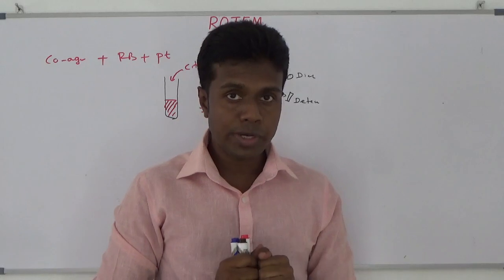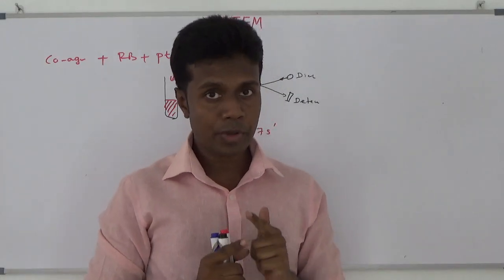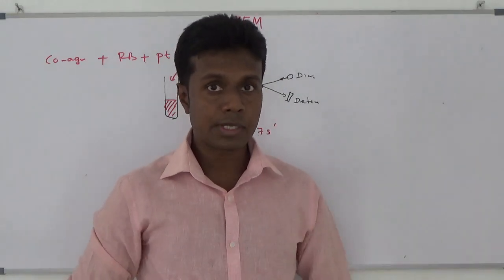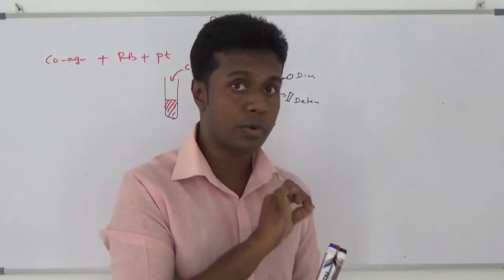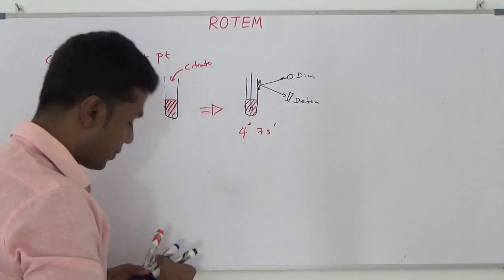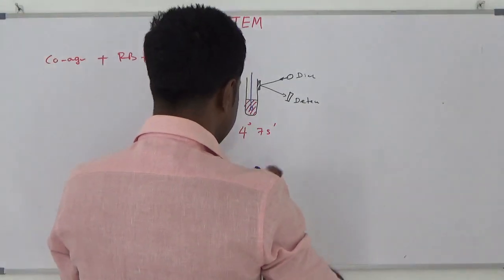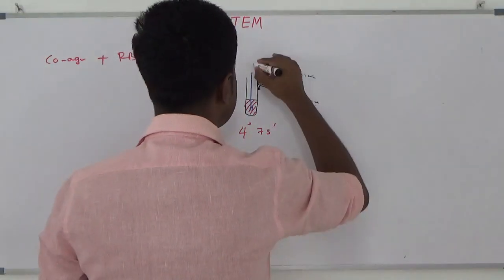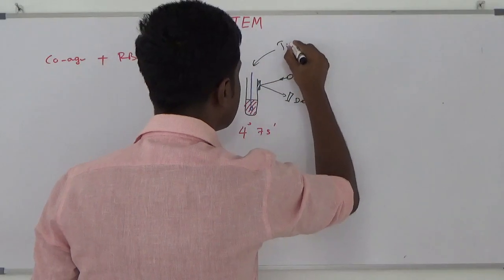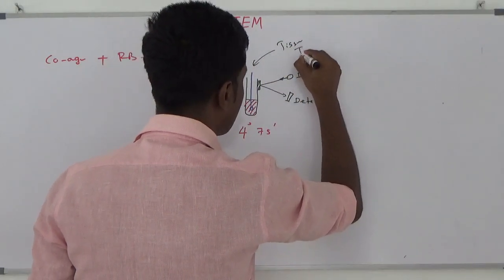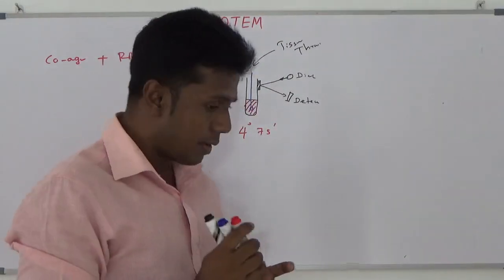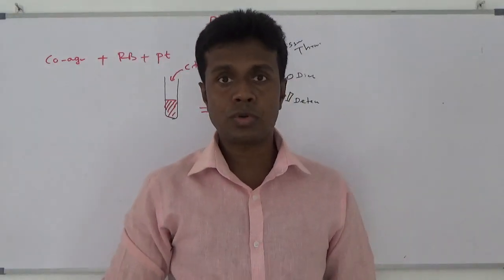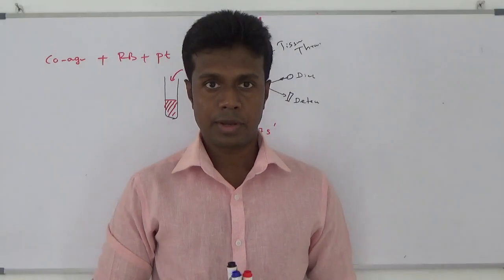Now what I am going to do is, I am going to stimulate the coagulation process by adding some kind of external substance. I am going to put a small amount of tissue juice into this sample. A small amount of tissue factor into this sample, also called thromboplastin. Then my coagulation is going to start.